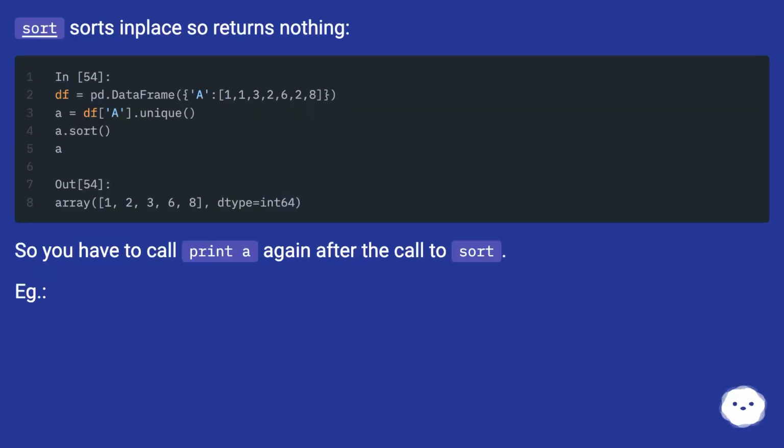Sort sorts in place, so it returns nothing. So you have to call print again after the call to sort. For example,